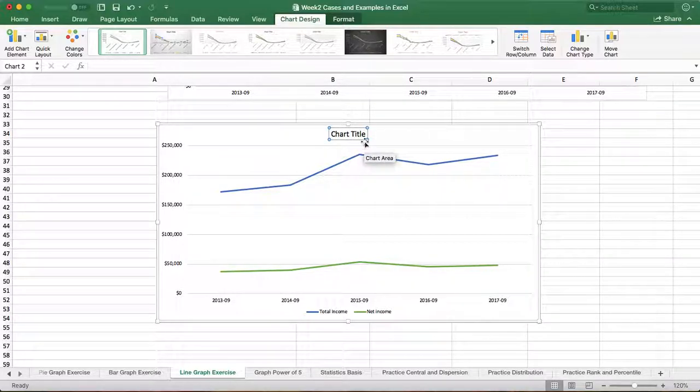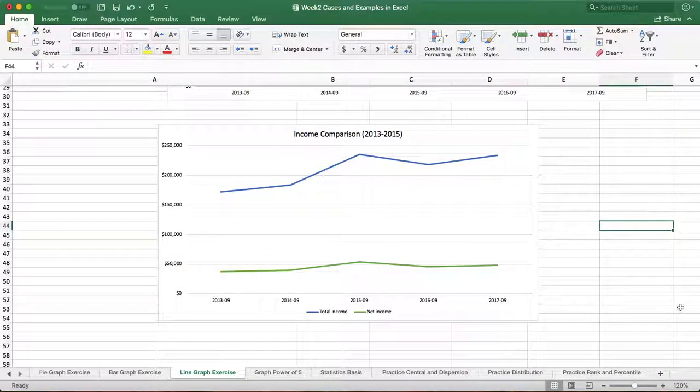Okay, this is the chart title. We put a title in. Just say income comparison, 2013 to 2015. Okay, so